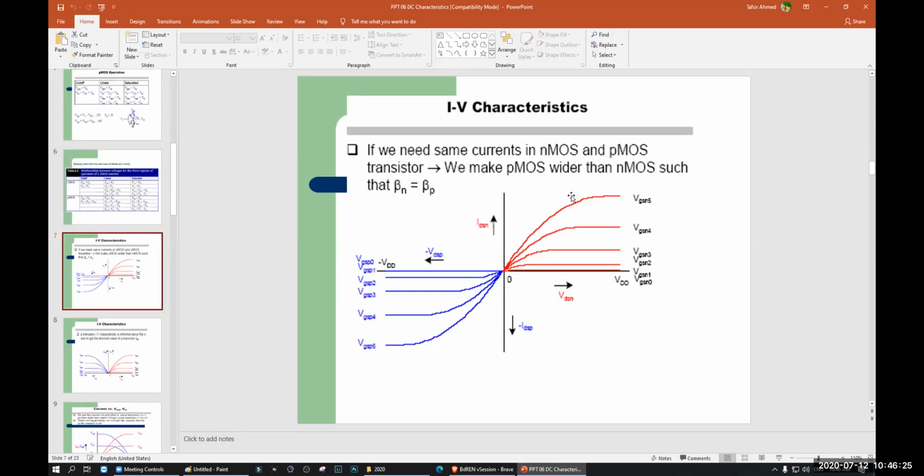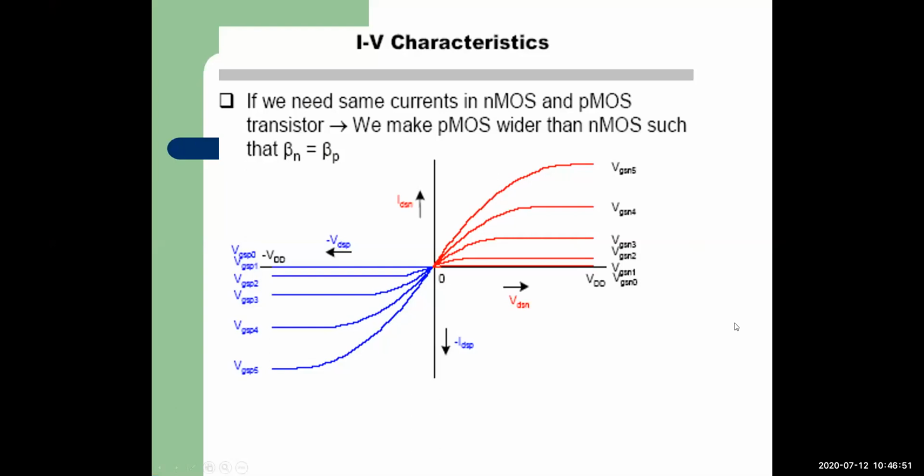Now, on the right side, you can see some red graphs. These graphs are for the NMOS FET. Similarly, we can have some graphs for PMOS as well, but they will be opposite and inverted. This is the characteristics curve of our NMOS. We have already seen this while we were doing the IDS equation, right? That was for NMOS. Now, similarly, if we draw the characteristics graph of PMOS, this will be the graph of PMOS. This will be completely inverted and opposite.